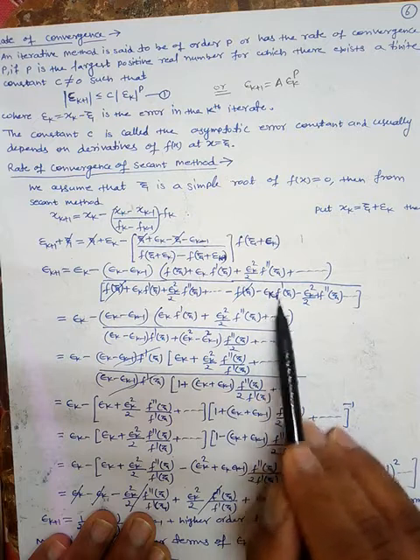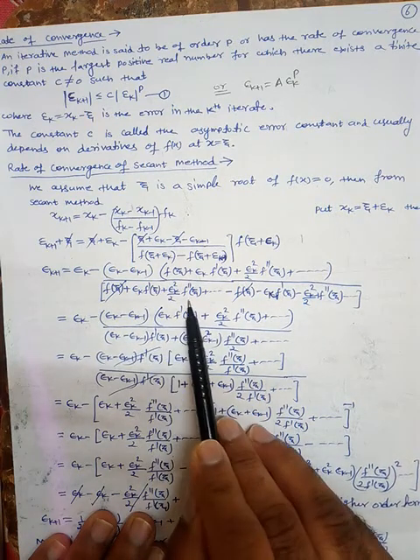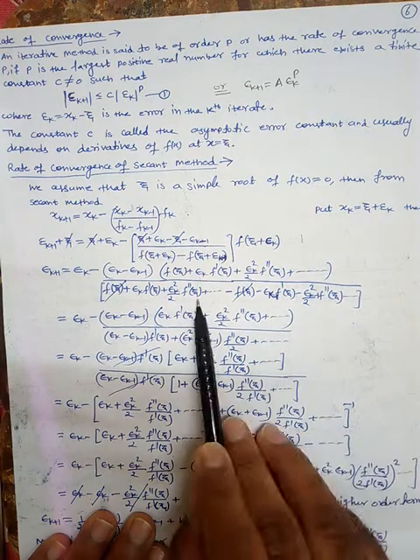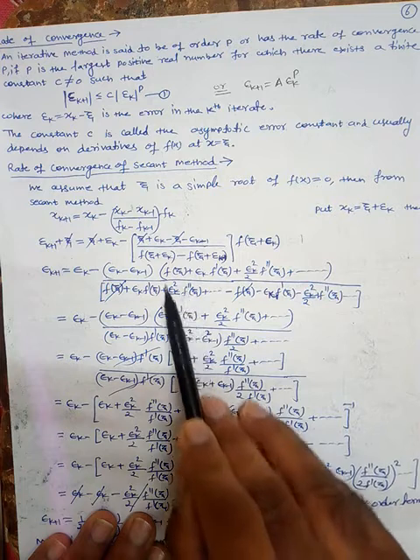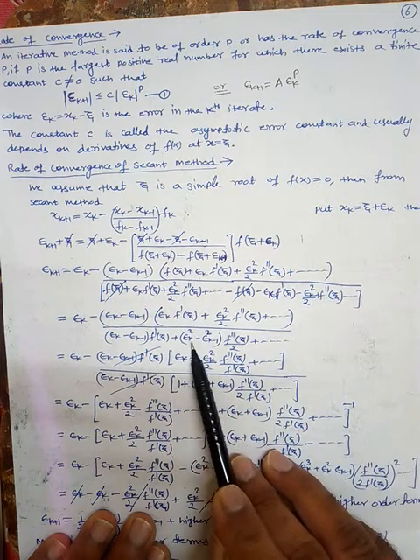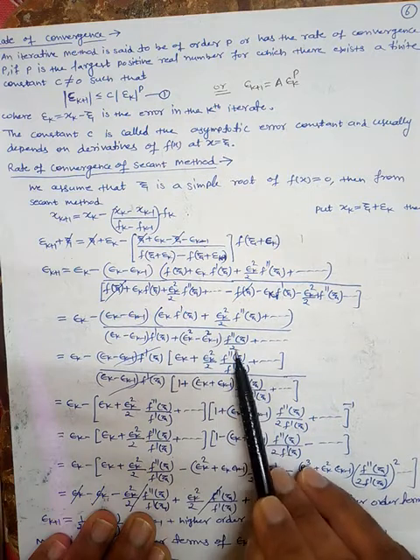This is k minus 1. So epsilon k minus epsilon k minus 1 times f dash xi. Similarly, from this term and this term, you can take the second derivative of the function at xi common. So we get this quantity, epsilon k whole square minus epsilon k minus 1 whole square, and this 2 is here.